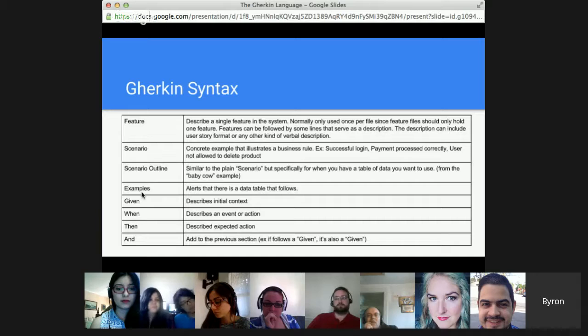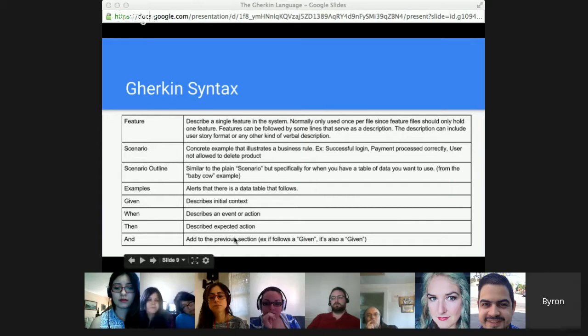There are other really useful pieces of syntax, but in this case, I just wanted to get to the most important ones. There's all kinds of documentation on the internet that's really helpful, so that you can do your own research and improve and enrich these tests or these acceptance criteria.